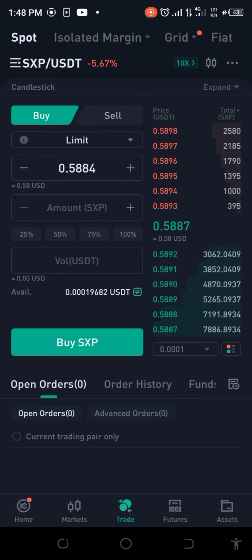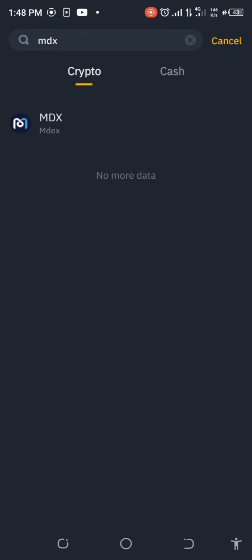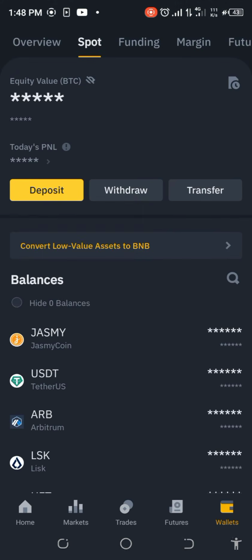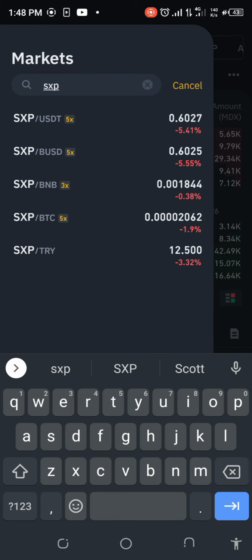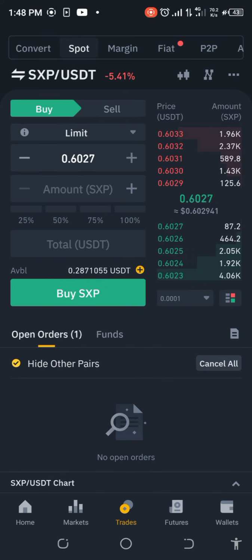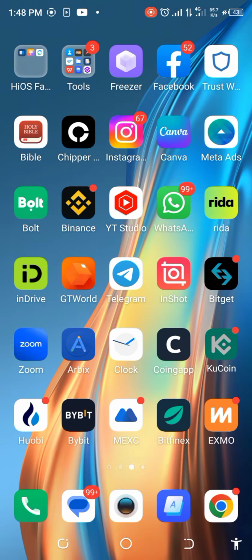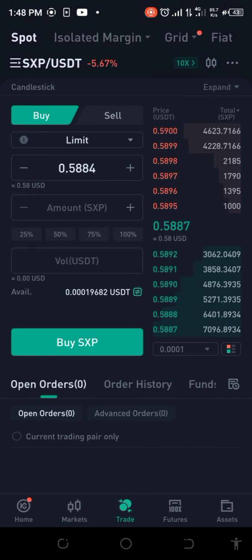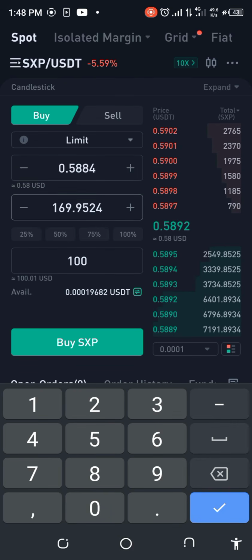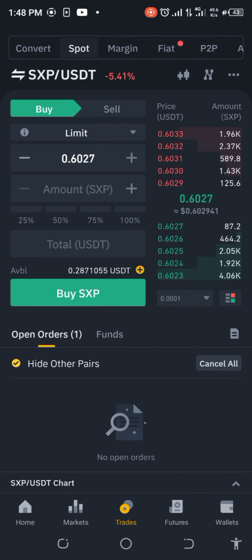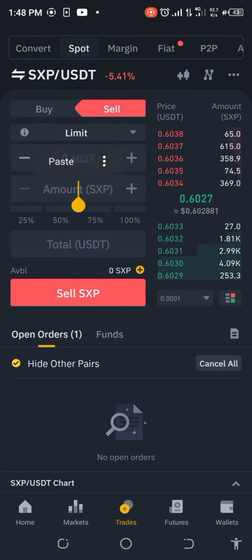It's 58 cents. Okay, let's go and check it on Binance. SXP, does it exist, and how much is it? Okay, SXP, where art thou? SXP USDT. Okay, so I can see that it is 60 cents. So if I go back into KuCoin, let's do a quick rough estimate of the simulation. Let's put in $100, and then copy that and try to see how much it will give us, that's $100, and we want to sell that to see whether there's even an opportunity here.